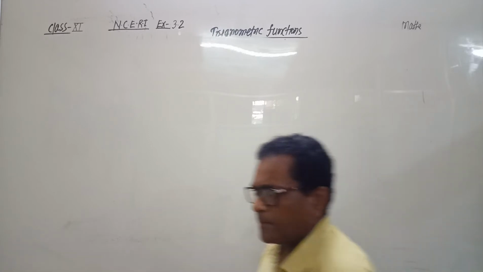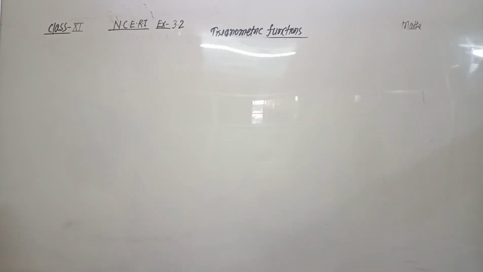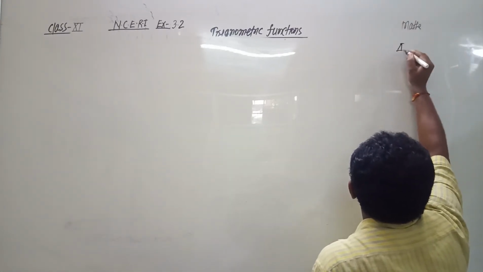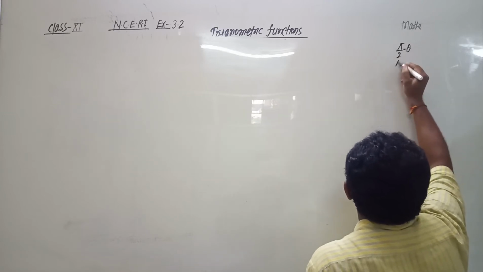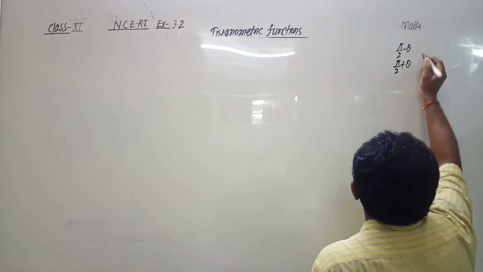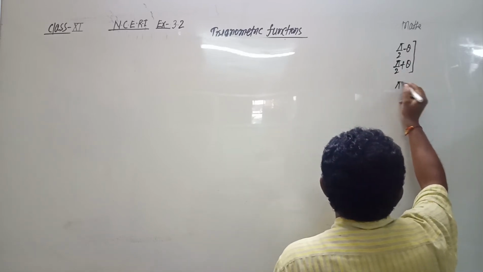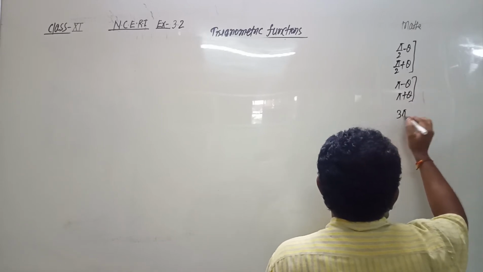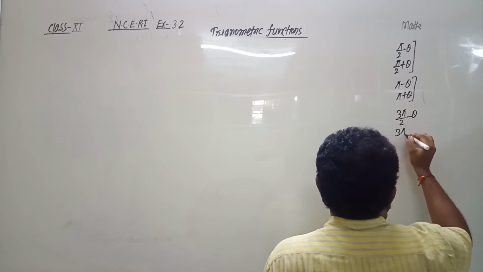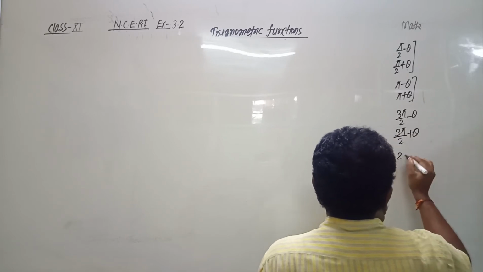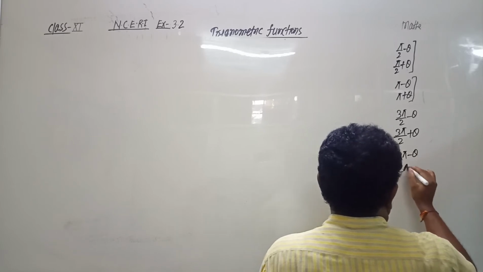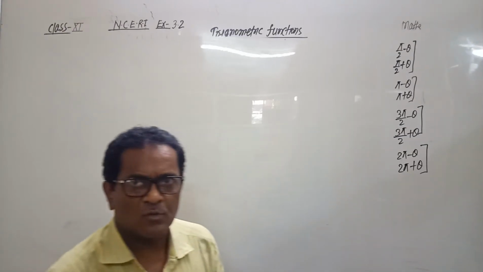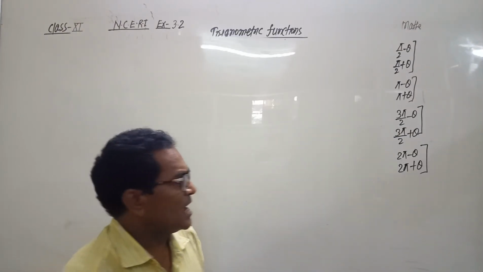In the previous video, we learned how to make the formulas for pi by 2 minus theta, pi by 2 plus theta, then pi minus theta and pi plus theta, then 3 pi by 2 minus theta and 3 pi by 2 plus theta, then 2 pi minus theta and 2 pi plus theta. In the previous video, we learned how to make such formulas, and also